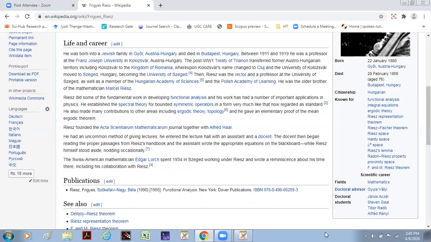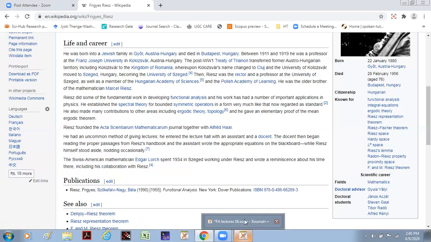He founded the Acta Scientiarum Mathematicarum journal together with Alfréd Haar. That is, he started a journal to publish research papers. He had an uncommon method of giving lectures. He entered the lecture hall with an assistant and a docent. The docent began reading the proper passages from Riesz's handbook, and the assistant wrote the appropriate questions on the blackboard, while Riesz himself stood aside, nodding occasionally. Right. This is somewhat the life history of the Hungarian mathematician